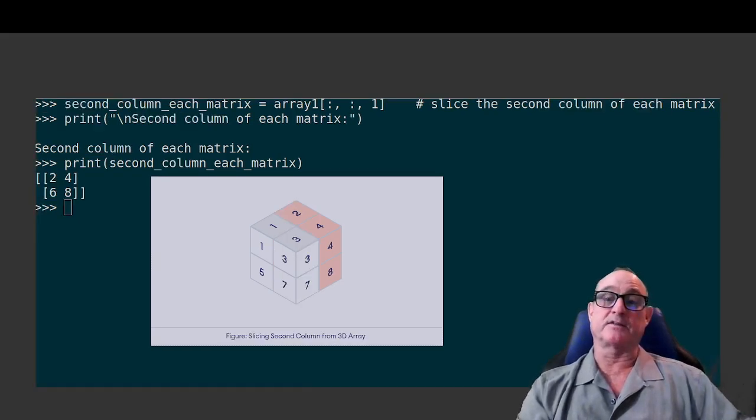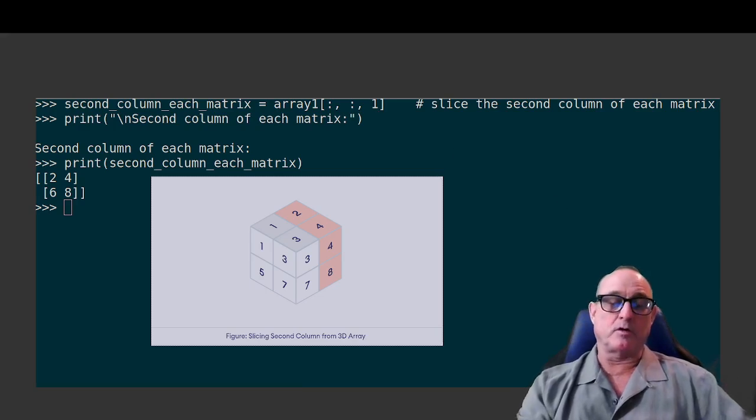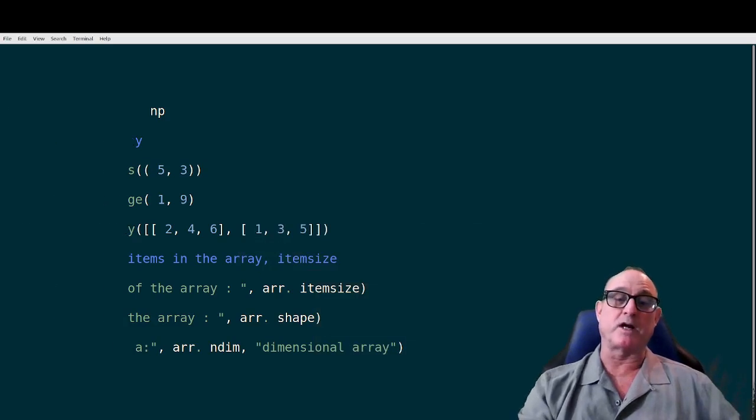And we got the slice of the second column of each matrix, right? So this column right here is what we want. And this is how we get it, right? This colon and a 1. So the only way to really get your head around this is to practice. So let's look at some practice